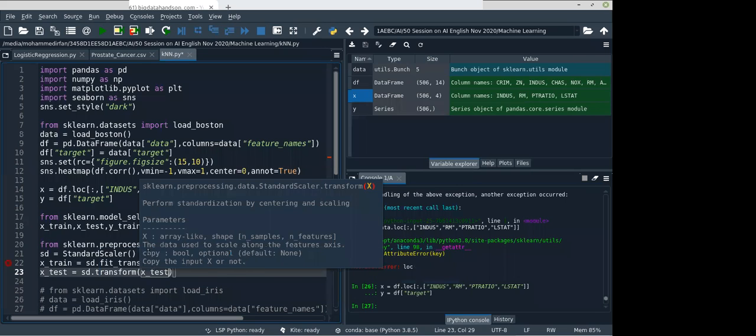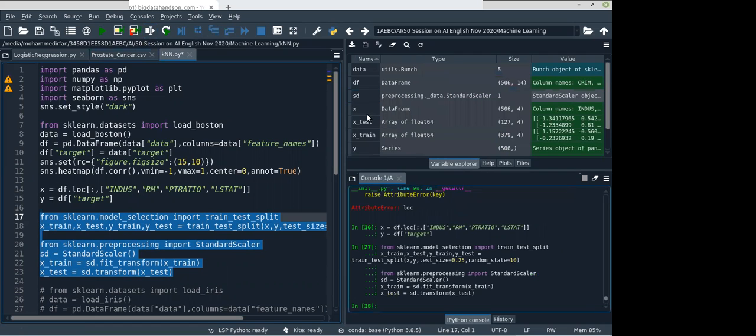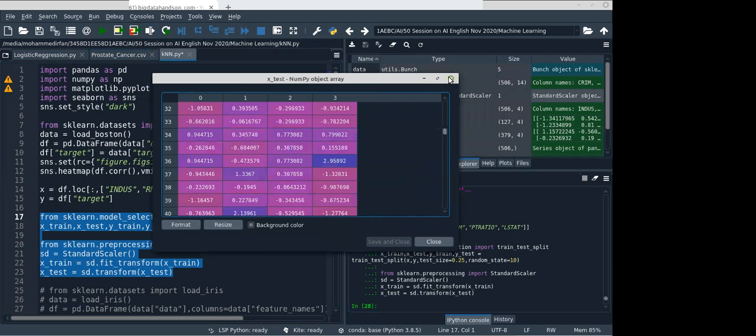Okay, so let's run these lines. So now we got the testing and training data with the scaled one.